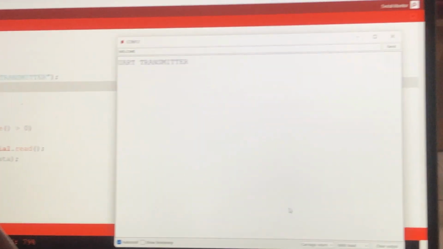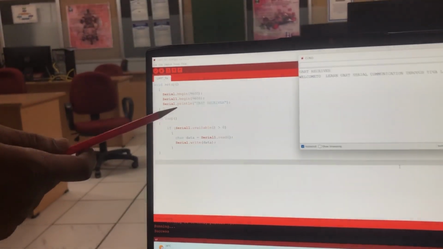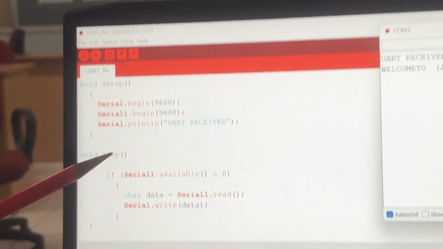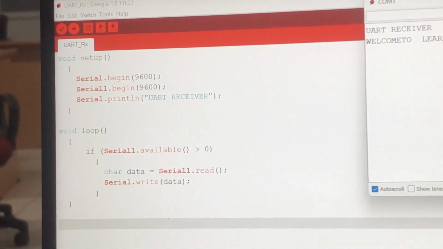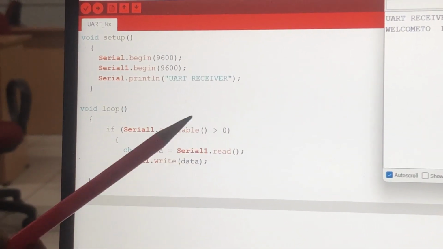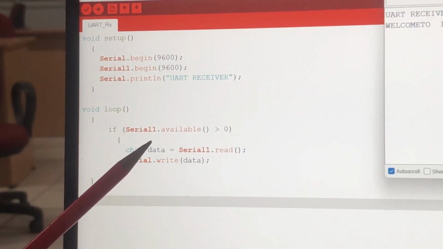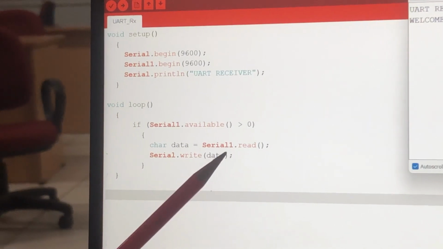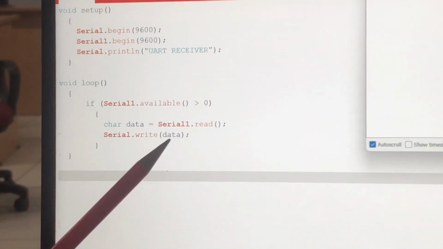So after getting transmitted, if you look at the receiver code, it's very simple. Again we are initializing serial port 0 and serial port 1. Here it is UART receiver. In the loop, we are receiving through serial 0. Now we are receiving from the TIVA receiver board, and whenever serial port 1 is receiving some data, we read the serial port 1 data and write it back to the